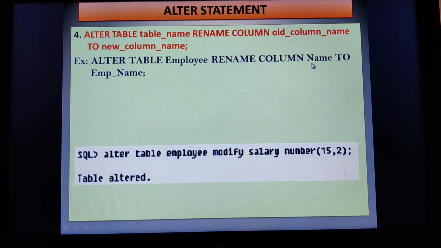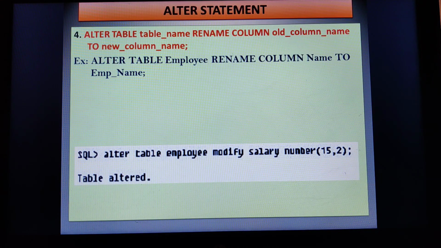So the old column name was name, to the new column name employee name. You will get the message Table altered when you execute this query. After executing the previous three ALTER commands also, you will always get the statement Table altered. By this you can understand that whatever changes you have made have been done there.